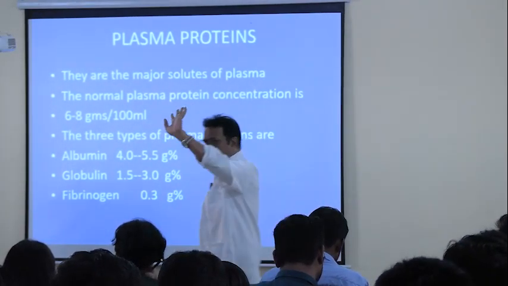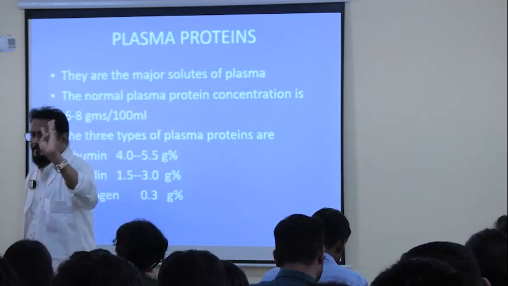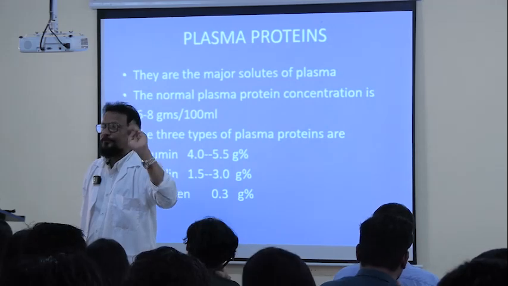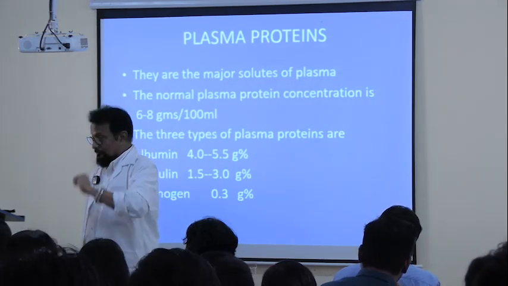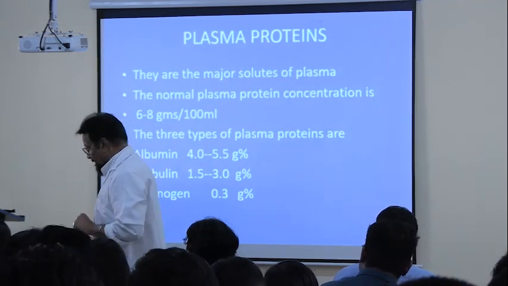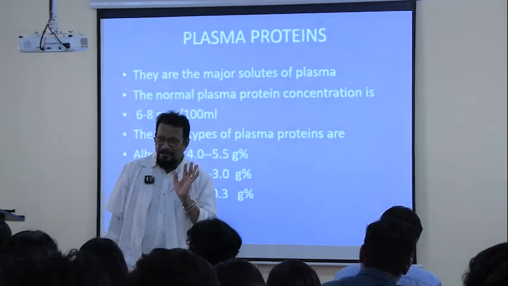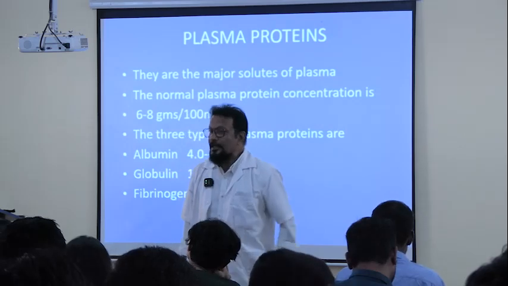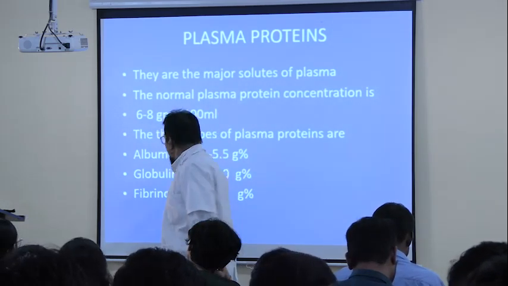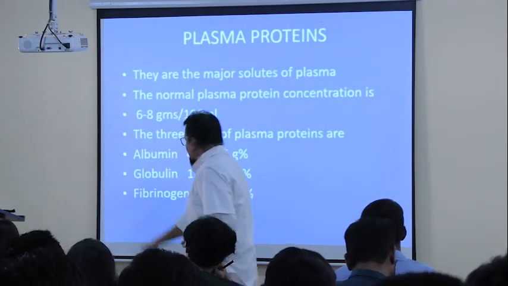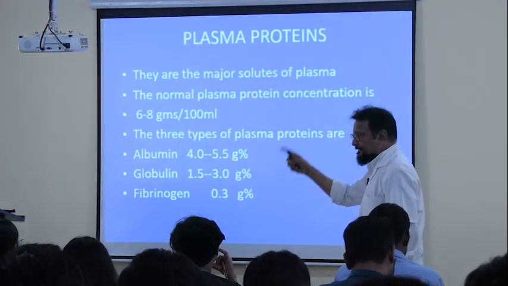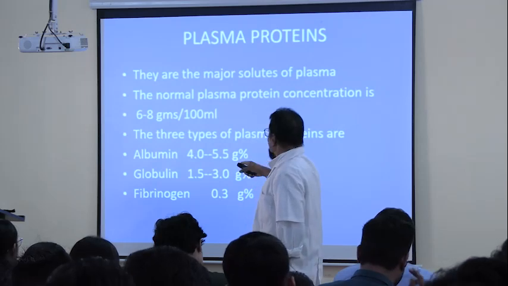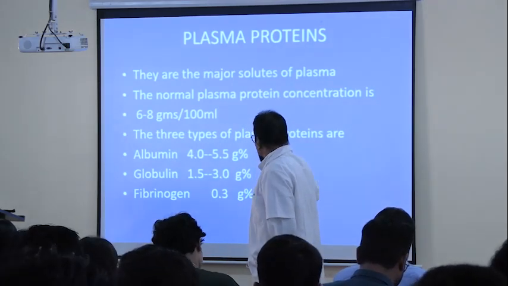How many types? You know it very well. What are these? Albumin, globulin, and fibrinogen. In some other books, you will also get another protein, prothrombin. So you can add prothrombin also, very important. This plasma protein is also very important. And what is the normal value of albumin? Remember this, write this, 4 to 5.5 gram percent, globulin 1.5 to 3 gram percent, and fibrinogen